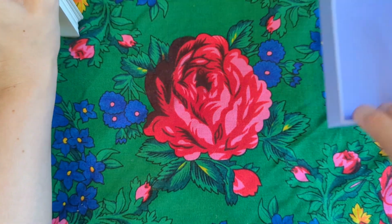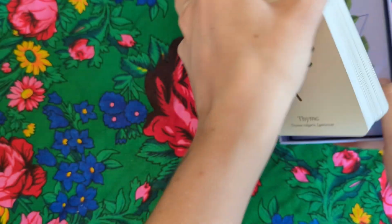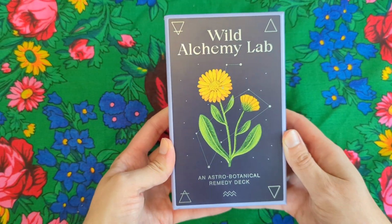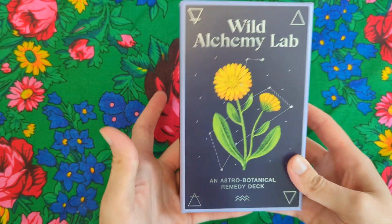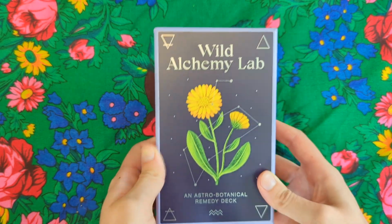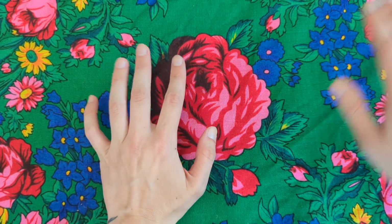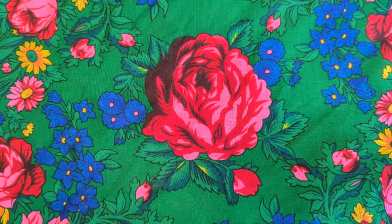So yeah, this is a brand new mass market deck, and I haven't seen anyone do a full flip through and review. But I was curious, and so it was a bit of an impulse buy. It's rare that your favorite deck gets a new best friend, so I was really stoked about it. Now, in terms of my other alchemical decks, the main alchemical deck that I have is